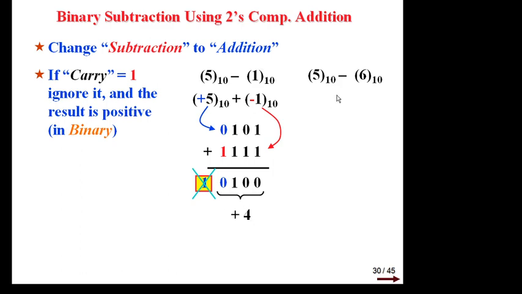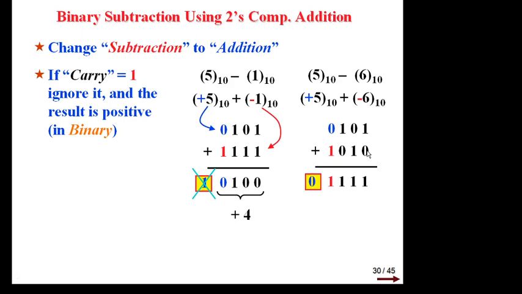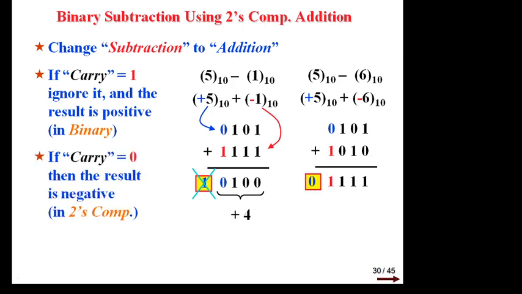Okay, 5 minus 6. The same thing is here. 5 plus minus 6. 0 1 0 1, and minus 6 is nothing. 2's complement of plus 6. 2's complement of plus 6 means 2's complement of 0 1 1 0. Just determine 2's complement of 0 1 1 0. It will come 1 0 1 0. Now add this. So in this case, discard it. In 2's complement method, we always discard carry. Okay. So this is your final. This 1 indicates what? Negative answer, because answer is 1 1 1 2's complement.